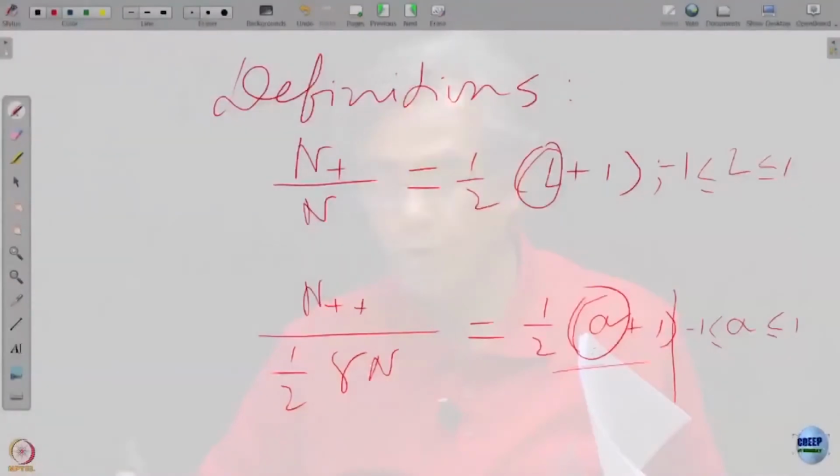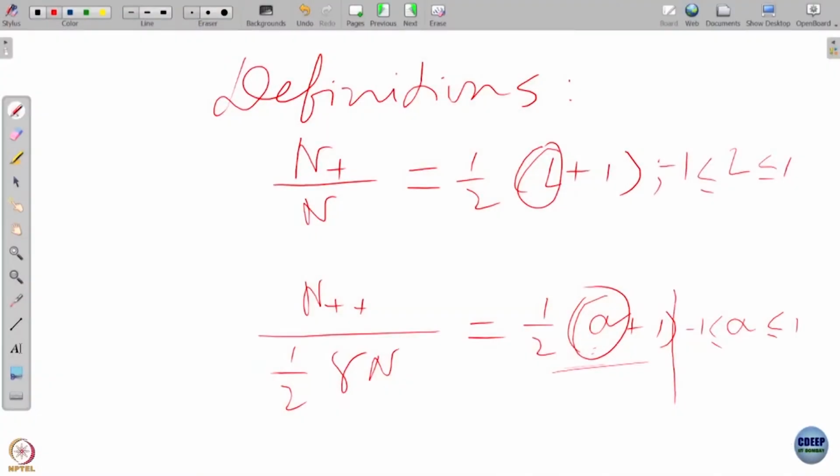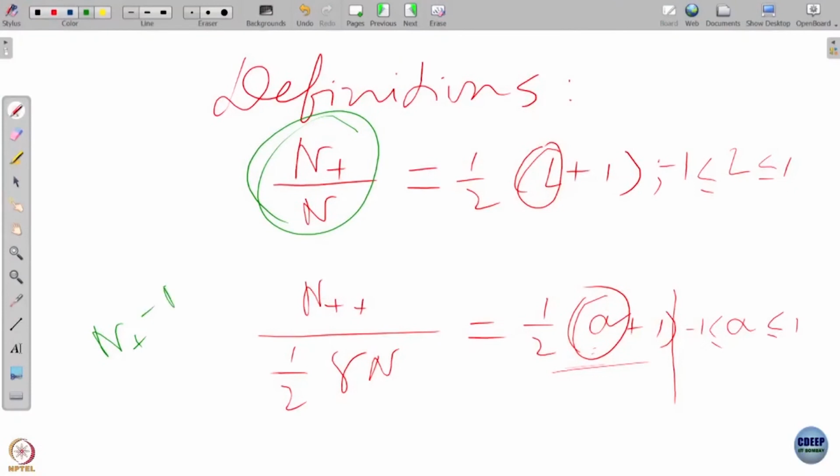Now, look at this long range order parameter, it is very intuitive and very interesting. This is nothing but, as I told you, the total number of spins n; I know n plus, I know n, then I know n minus, and n plus minus n minus is nothing but the magnetization M. That is the magnetization. So, if I know n plus, I have the magnetization, the quantity that I want to solve for.